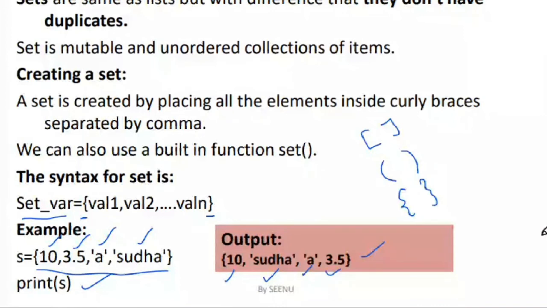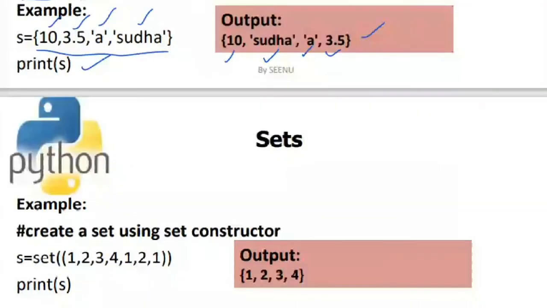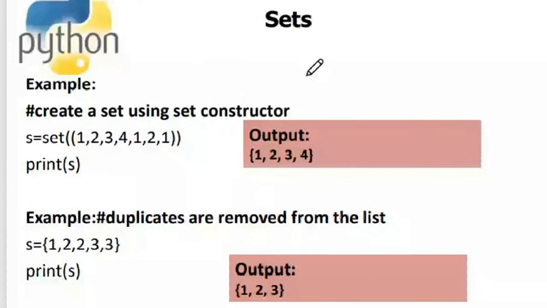Here we are seeing how to create a set using the set constructor. I already told you all the things in Python are classes and objects, so everything is an object. You do have a constructor which will have the same name as the class name. The class name is set, so the constructor name is also set. Inside the constructor, I'm passing the elements which I want to consider.